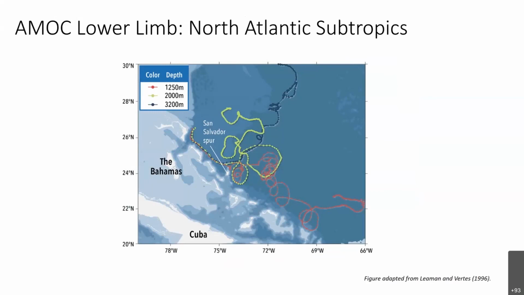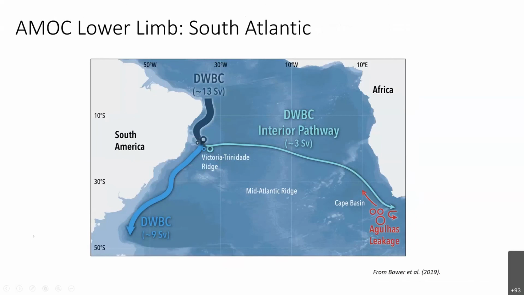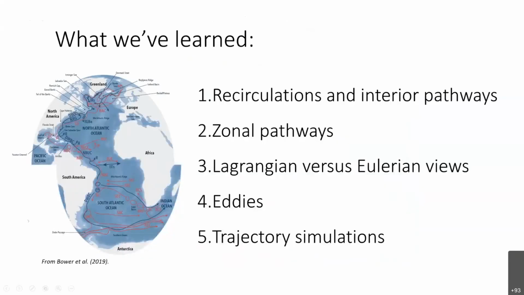Okay, slide 13. There are almost no Lagrangian observations in the South Atlantic at deep levels. And so we pieced together something for the paper, which I welcome you to go and read about, but I think I will jump to the last slide. Slide 14 shows the schematic that we pieced together from these various Lagrangian studies. And we had 4 basic points at the end of the paper that we wanted to make.